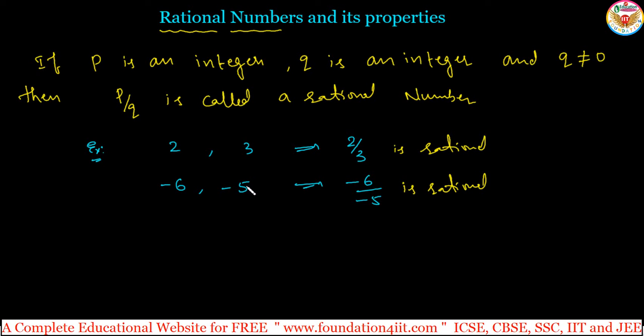And when we come to negatives, for example minus 6 by minus 5, or even we can take minus 4 by 7, minus 12 by 5, 8 by minus 9. Even in this order we can consider them as rational numbers, like 3 by 4, positive or negative. If the negative sign is on the numerator or the denominator, it is negative only. If both are negatives, it becomes positive. Let us see the properties. Okay, so this is the definition.